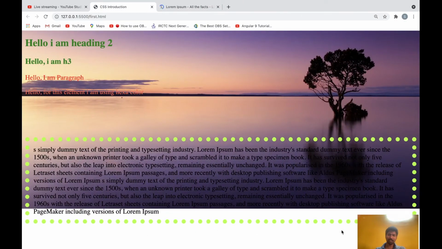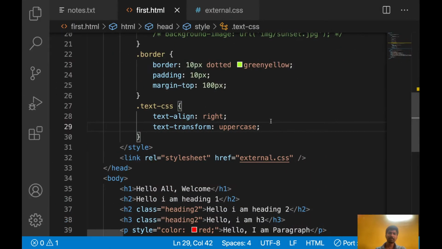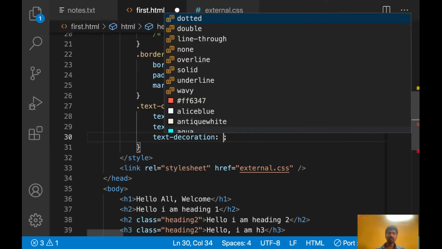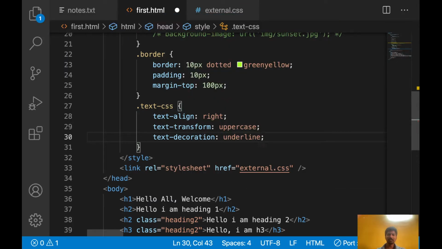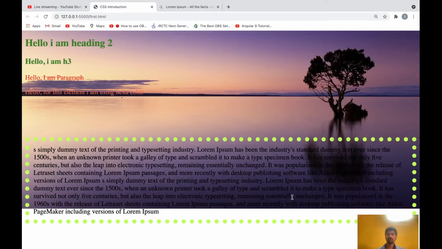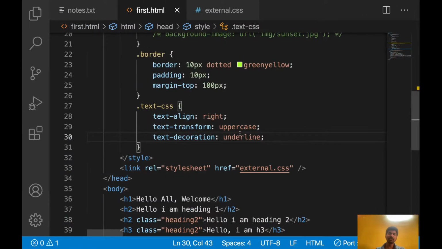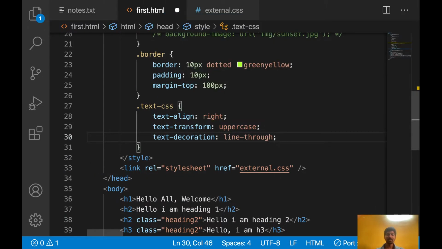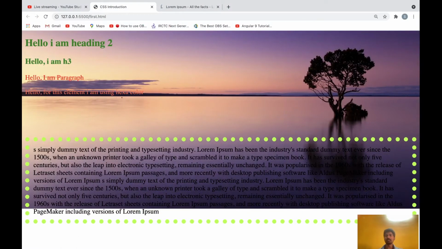Now I want to apply an underline here for this one. Let's apply text-decoration underline and save this one. See, the underline is coming. If I want to put a line in the middle of the text, we can use text-decoration line-through. Line-through means that line will come in the middle of the text. So that is about this one.